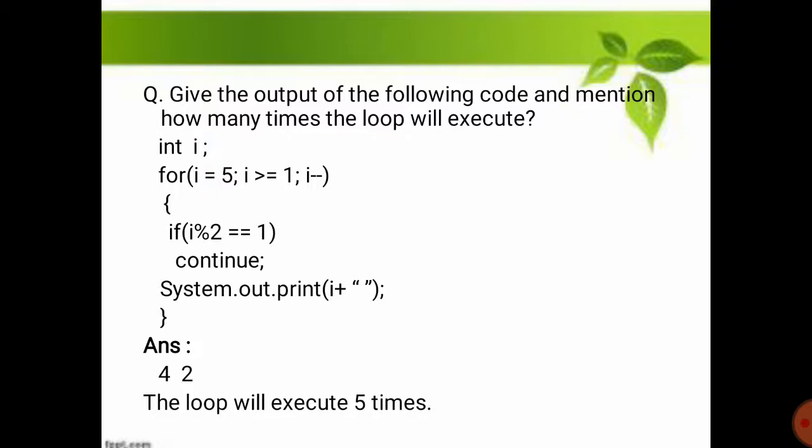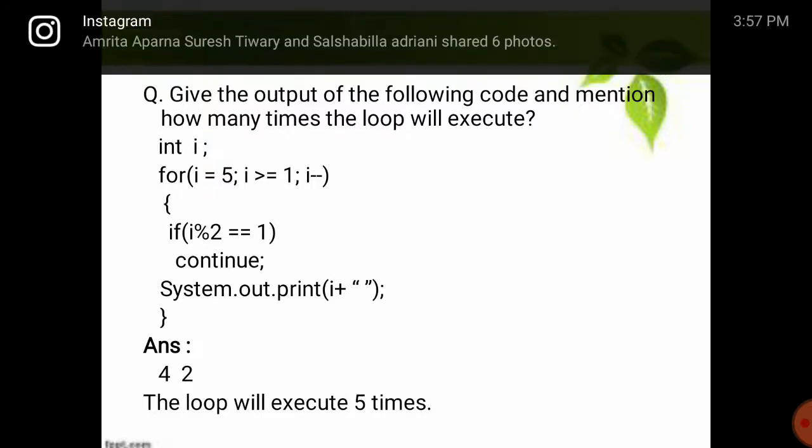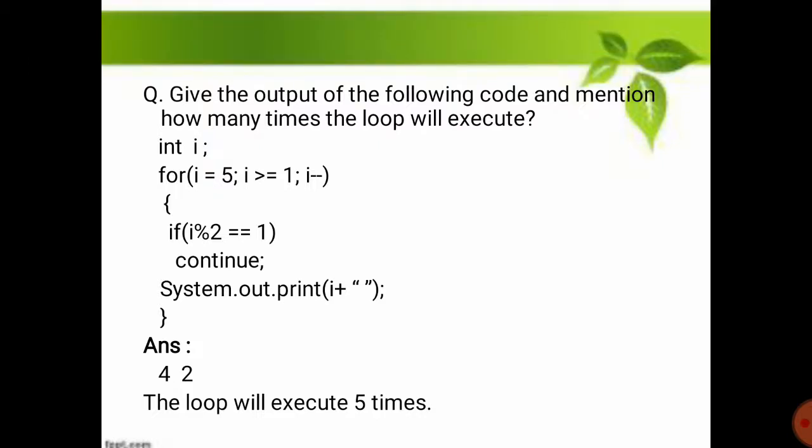Now this time, the third time, i is equal to 3. 3 is greater than 1, so it enters inside the loop. 3 remainder 2, once again it is 1. So it again continues. It forcefully continues the loop from this place. So it again does not print the value of 3. Then next iteration, the fourth iteration, the value of i is equal to